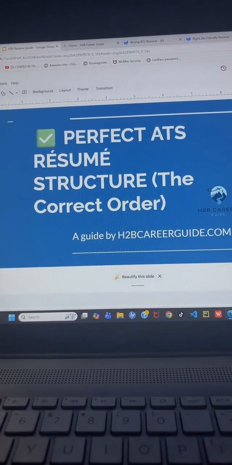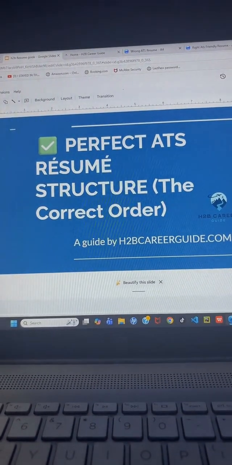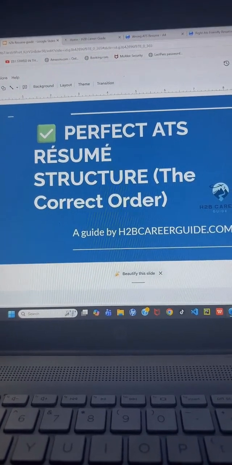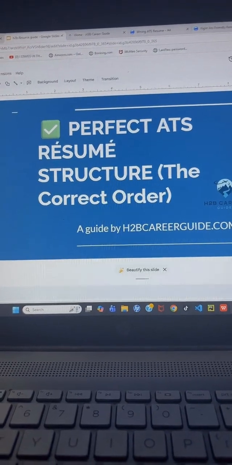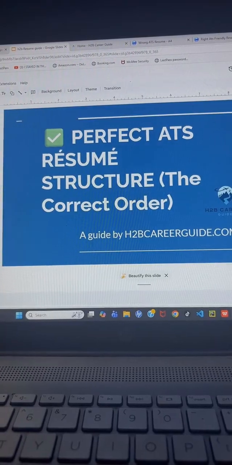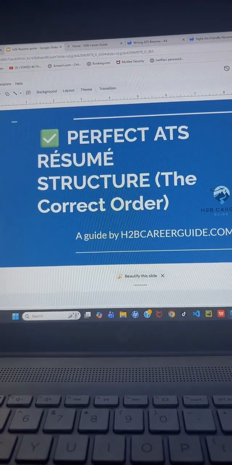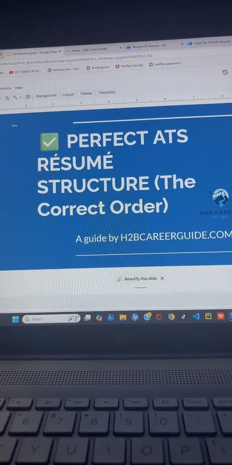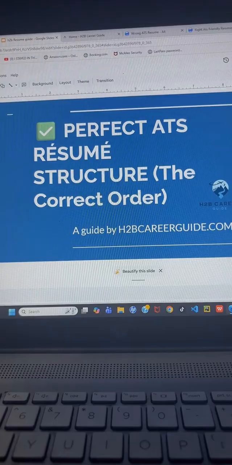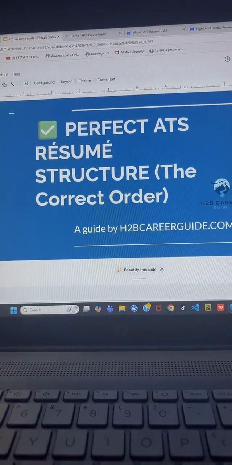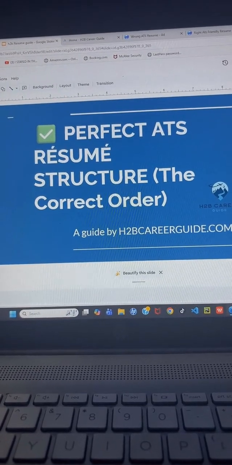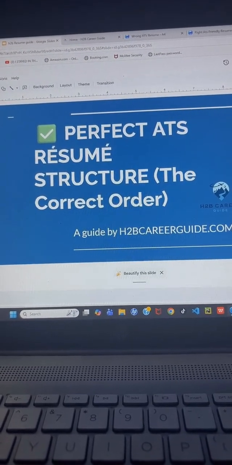It is basically surrounded by the hospitality industry, whether you're a dishwasher, cook, server, housekeeper, landscaper, driver, construction worker. You can be a part of the H2B visa program, and also if you're interested, you can watch my videos and learn more about the H2B visa program.